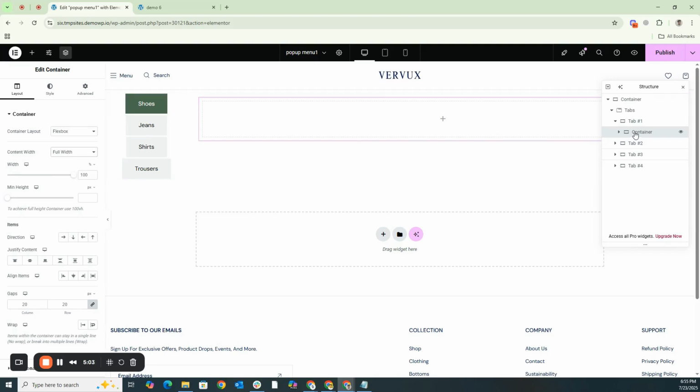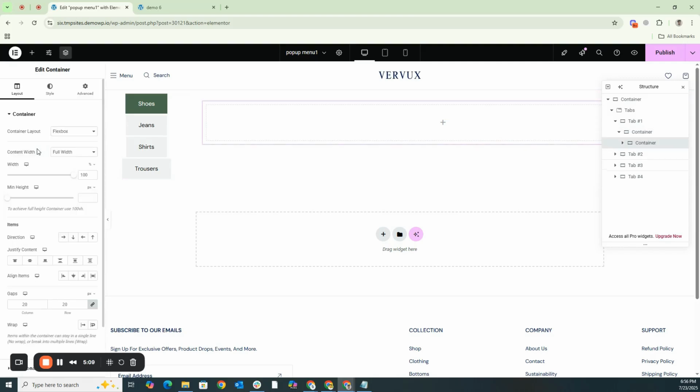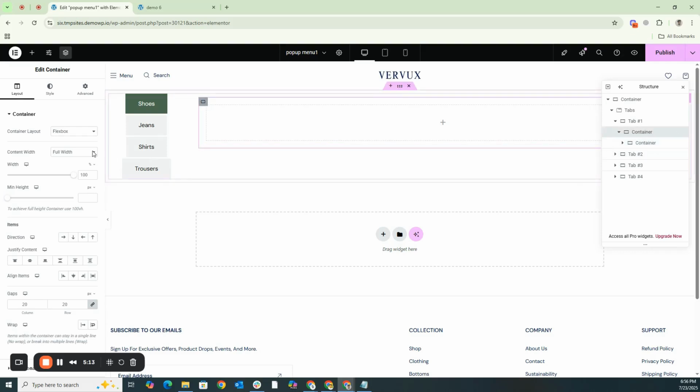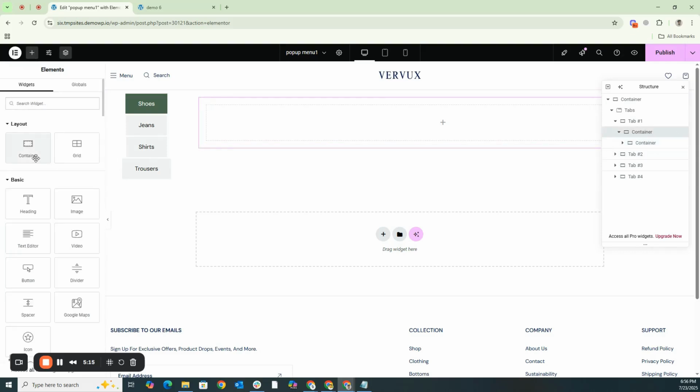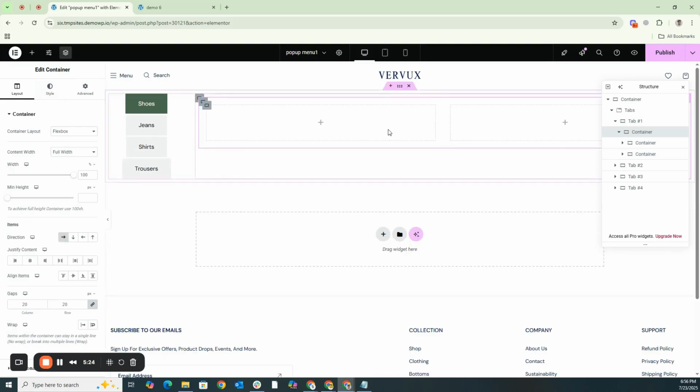Similarly, if you want to place a container inside another container, just click on the container and add another container inside it. Again, if you want to add 2 containers, you can add another container again. Now, if we set this container to display flex, both of our containers will become horizontal. We want to add an image to the first container, so we'll add an image.